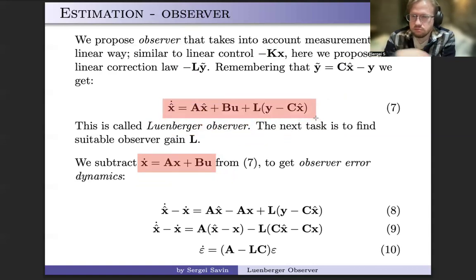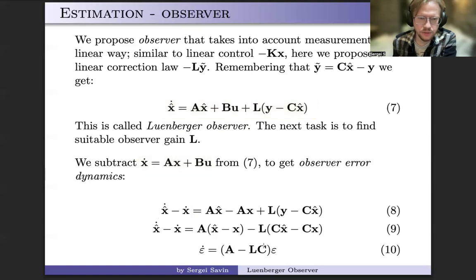I mean, the left and the right-hand side are equal for both equations. So if we subtract them one from another, the equality still holds. This would produce the observer error dynamics, right? So if we subtract them, that is what we have on the left-hand side. Let me do some color coding, okay? So this is on the left-hand side. On the right-hand side, we have this guy from here, this guy from here,